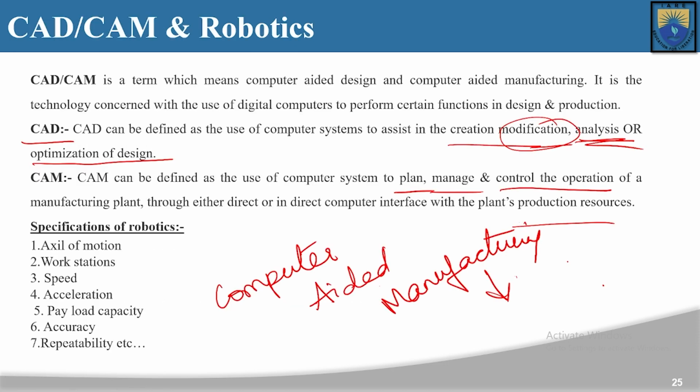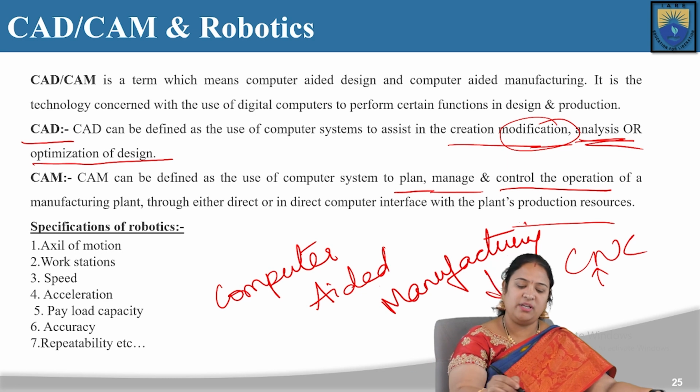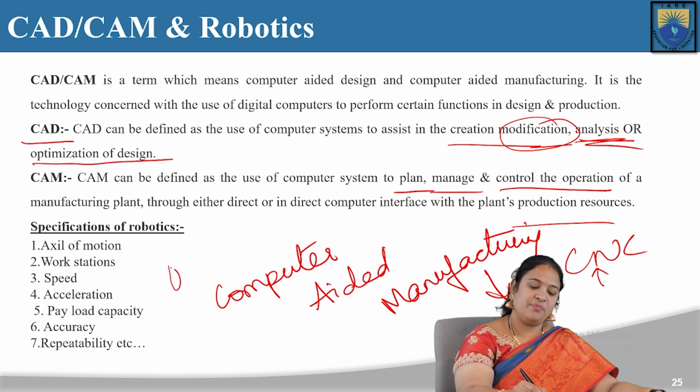What is the best example? CNC. Computer numerical control. Yes or no? It is a computer numerical control. That is, to this particular machine, we are giving some input, right? With the help of the computer, we are giving some coding to the machine. So whatever is the product to be developed, for example, let us take a